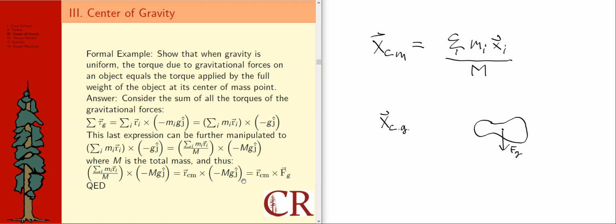But then what wound up settling out at the end of the day is that this is the overall weight of whatever object I was considering. And so the interpretation of this is that if I want to consider the total torque on a system due to all the possible gravitational forces, I can model that as taking the moment arm to a single gravitational force at the center of mass point. In other words, in uniform gravity, this picture here showing a single force equivalent, the force of gravity acts at the point that this formula for the center of mass gives us.